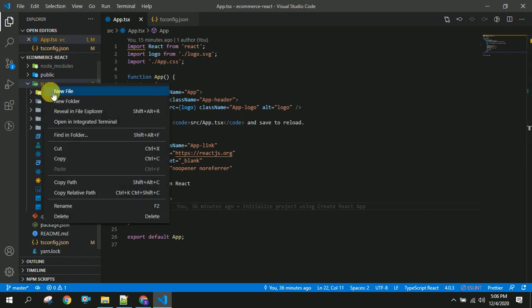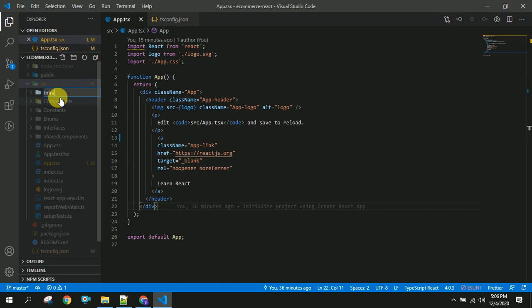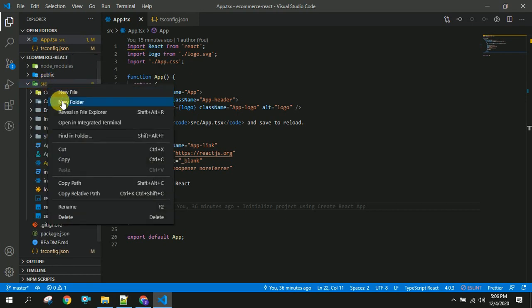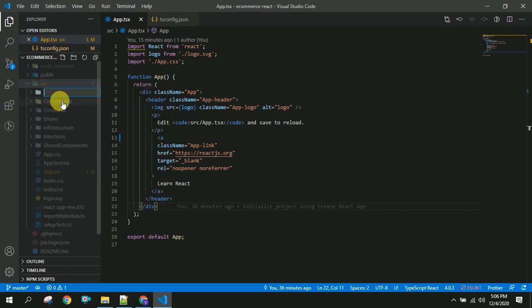And next thing is APIs. For that I am going to use the infrastructure folder. In this infrastructure folder, you are going to create all the API calls files. Next thing is images or assets, you can create like that. So in this images folder, we are going to create all the images files like that.